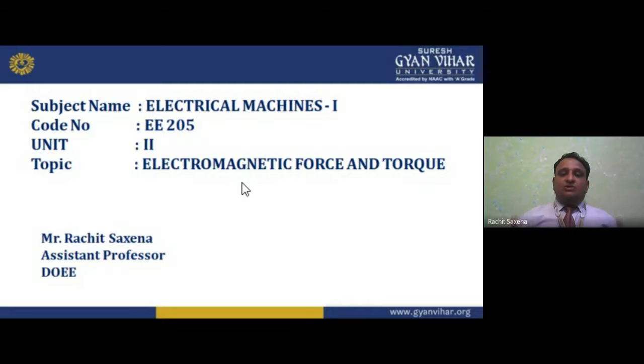We are at the end of unit 2 and we are starting unit number 3 after this lecture. So we have to understand the basics of rotating machines. Motor and generator both come in the category of rotating machines, that is, DC rotating machines. And if I am talking about a non-rotating machine, there is only one, that is the transformer, because in a transformer we don't have any rotating part.